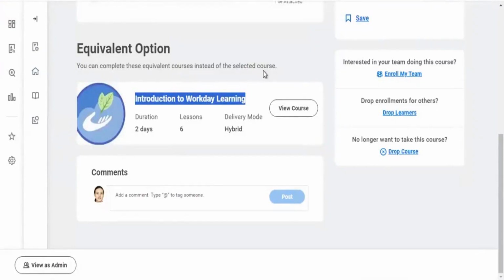Let's say you're subscribed for the Workday Learning course. But in order to complete this Workday Learning course, there is a prerequisite for you. There is something called Workday Basics, which is a prerequisite that you have to complete. Only when you complete Workday Basics will you be able to apply for Workday Learning. It is a kind of prerequisite section. Generally, we'll be seeing this in certification.